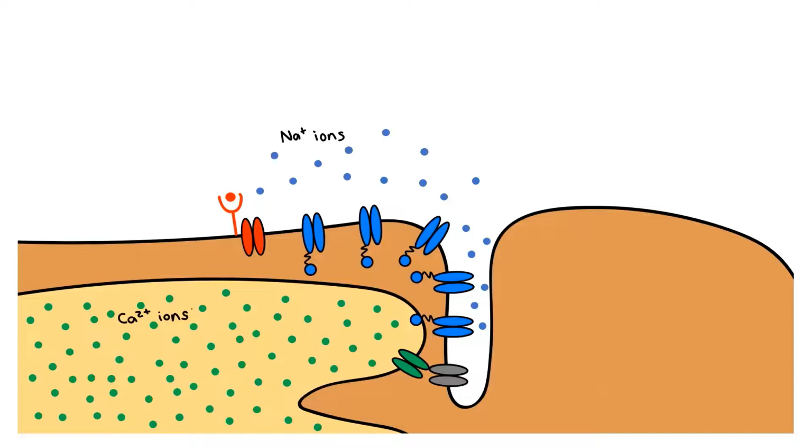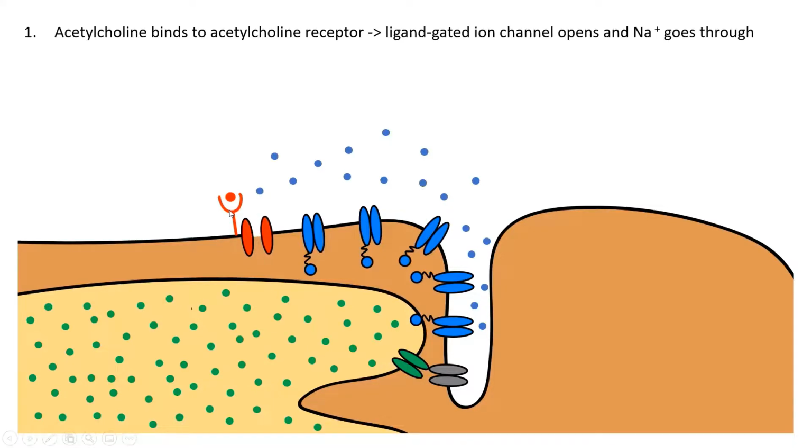Now let's talk about excitation-contraction coupling in the skeletal muscle cell, which is how a signal that excites the muscle cell leads to contraction. The first step is that once acetylcholine binds to its receptor, this triggers the channel to open. Sodium is the main ion that flows through this channel, which causes the positive charges in the muscle cell to increase, making the membrane potential less negative. Just like in the neuron, this change in the membrane potential triggers voltage-gated sodium channels to open, allowing more sodium